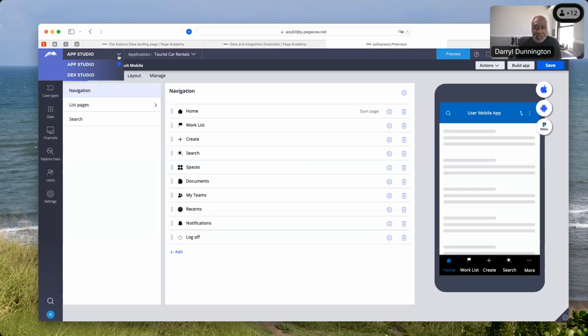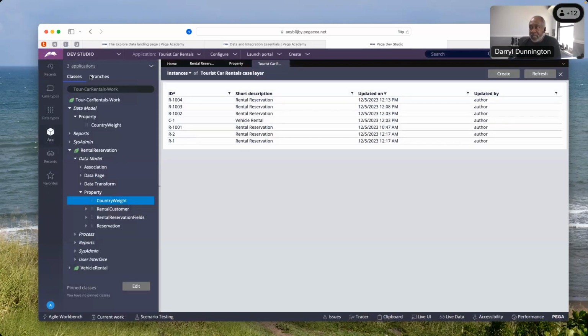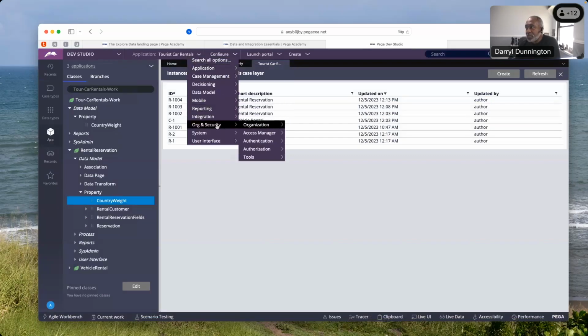We talked about some of the organization and security. So I want to go back to Dev Studio, and I want to show you that there is a management for org and security. And I know we talked about the access group, how you can go to the access group from the operator ID, and you can see the roles. And from the roles, you see the privileges and everything associated with it. But from a